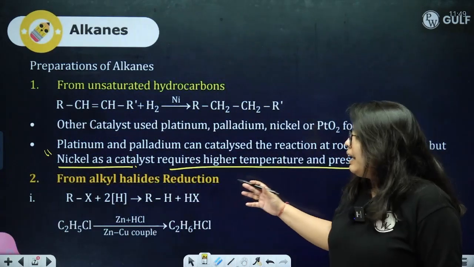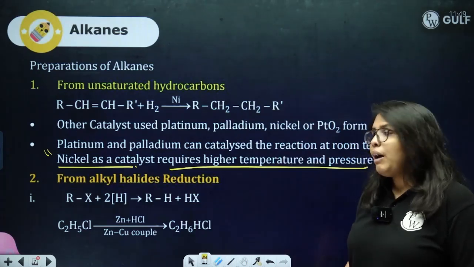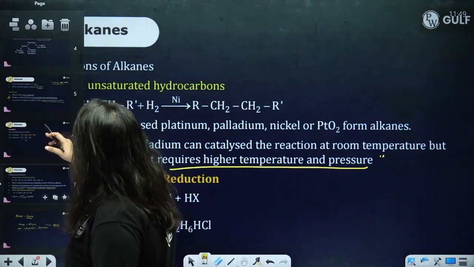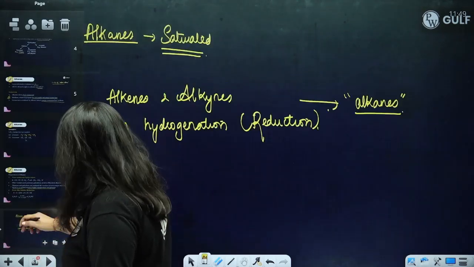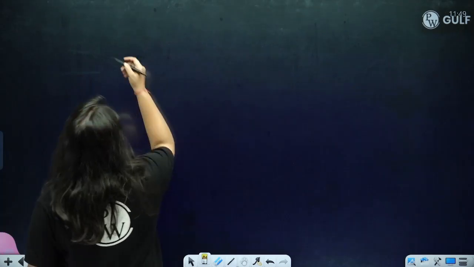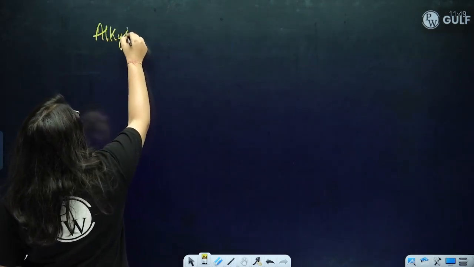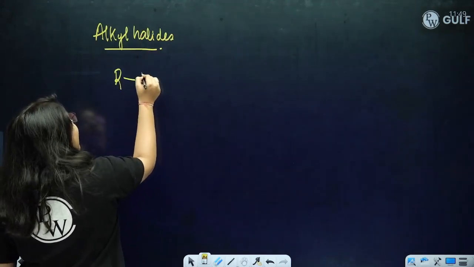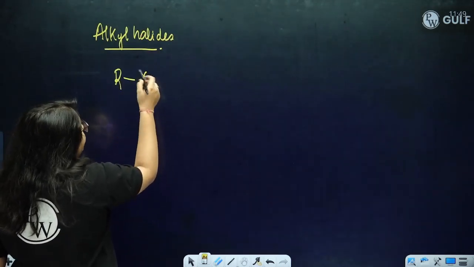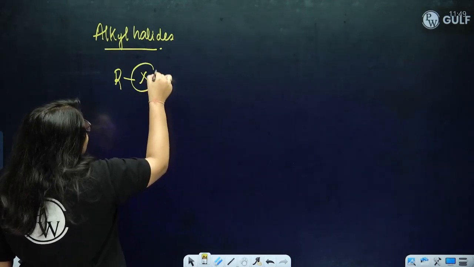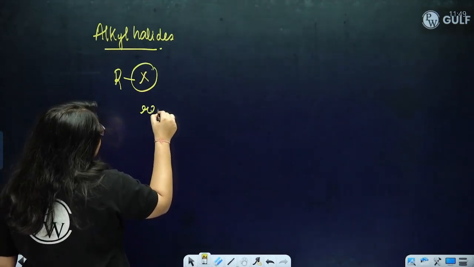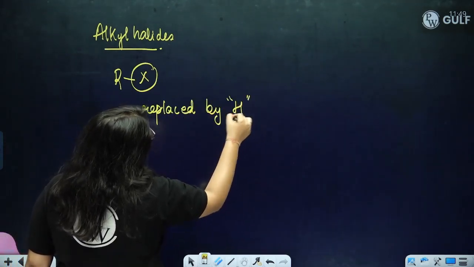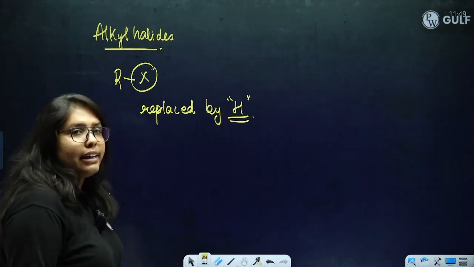is from alkyl halides. So when you talk about alkyl halides, what are alkyl halides? That is, to an alkyl group, a halide is added. Now, what we need to do is this halide that you see needs to be replaced by hydrogen in order to get your alkanes,